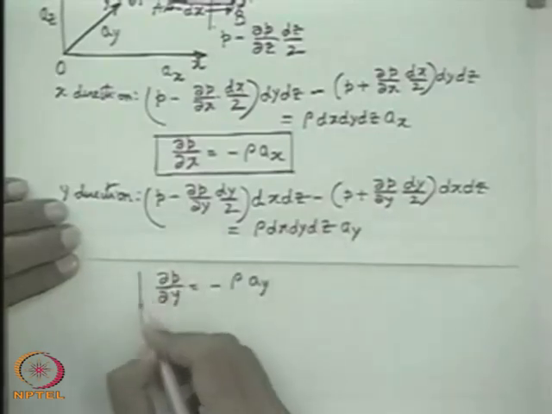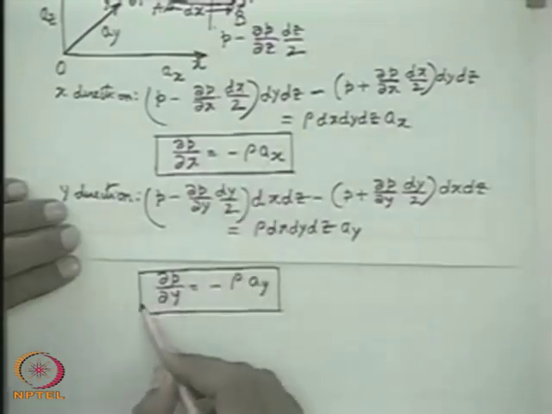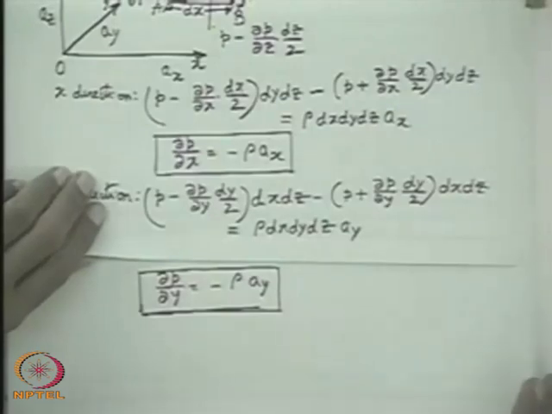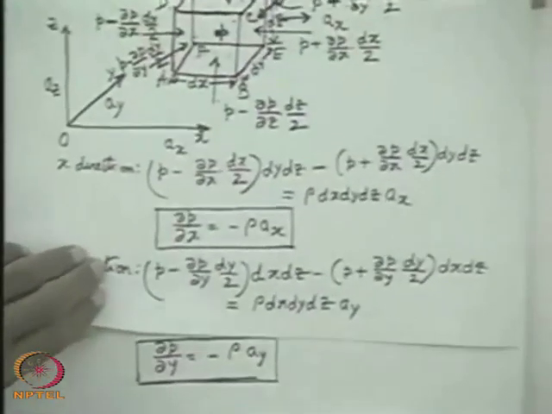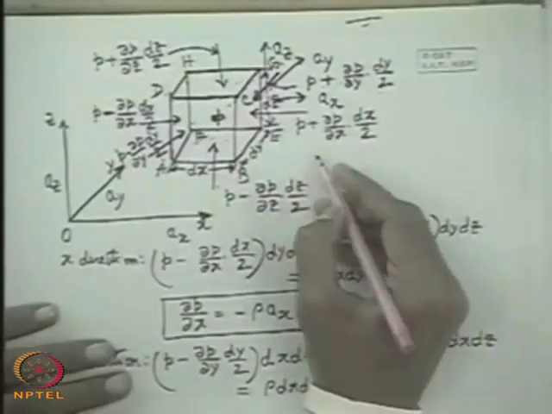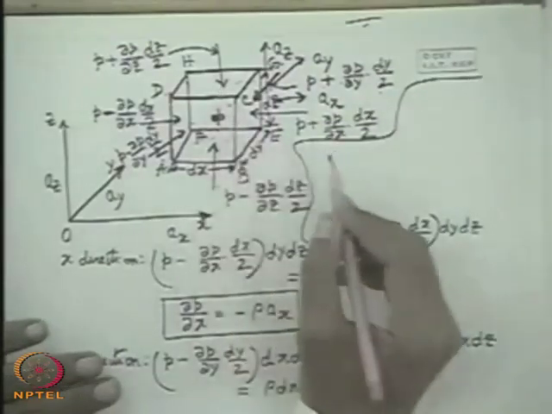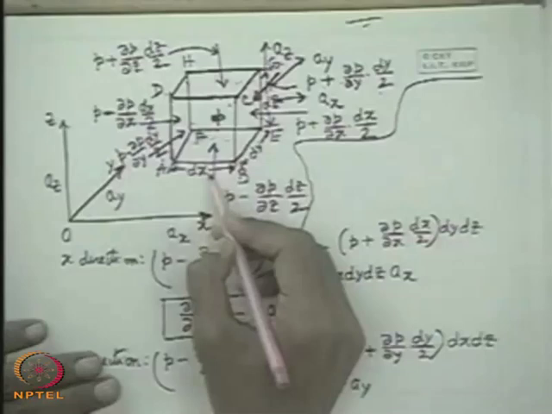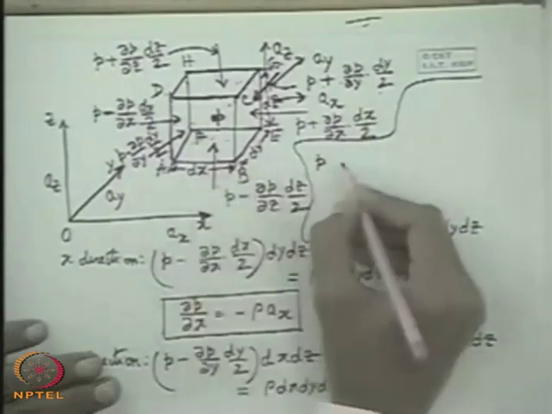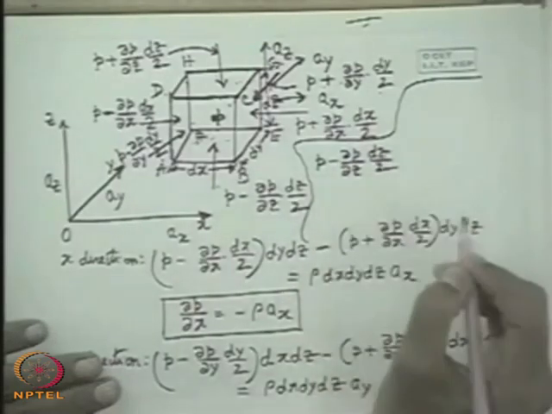So in the x and y directions, we get del P del x equals minus rho ax, and in the y direction del P del y equals minus rho ay. Now what is it in the z direction? Here we can write for the z direction, some space is there. What is the net force acting on this volume in the positive z direction? P minus del P del z into dz by 2,